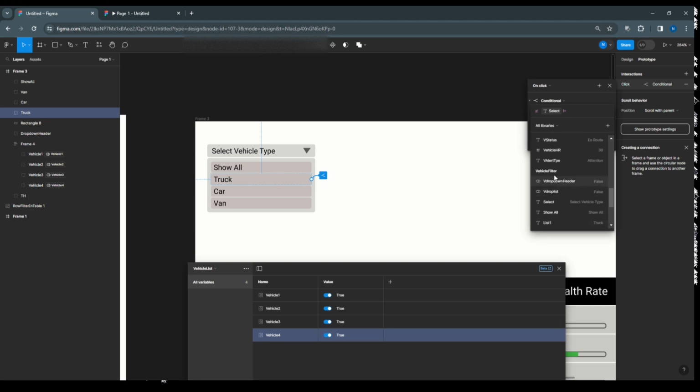Here, vehicle filter list 1, so select is not equal to this, which means truck. So list 1 is the truck. You can see the values here also. List 1 is the truck, list 2 is the car, list 3 is the van. So I am giving here if select is not equal to list 1, which is truck,